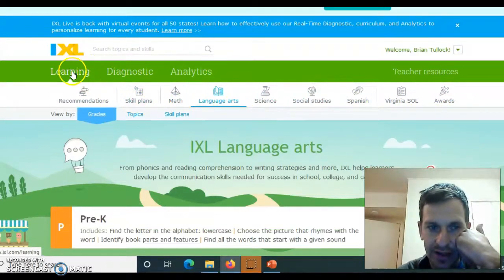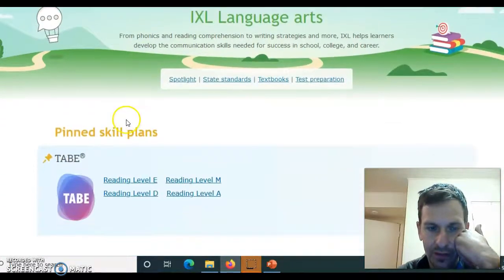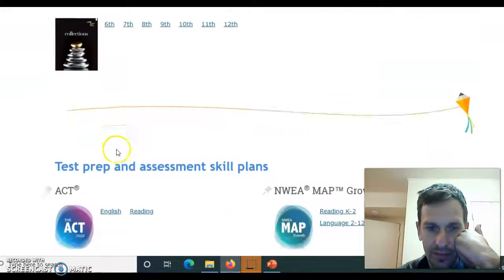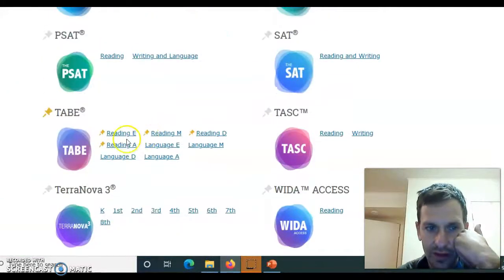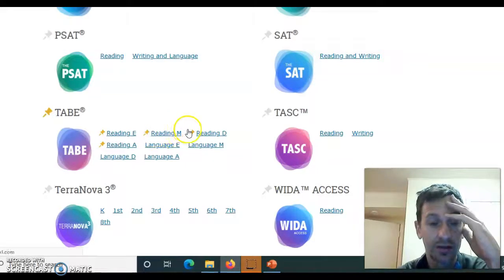It's going to be suggested there, but if you go to Learning, you're going to language arts, obviously. Math, you're going to be in math. You're going to go to skill plans. You're going to scroll down to the bottom of the page, and you're going to have your TABE skill plans. Don't worry about language, right? It's only reading. So, M and D is where you're at. If you have questions, you should know what test you're going to take. Majority, you're going to be on the M. But if you click on the reading M,